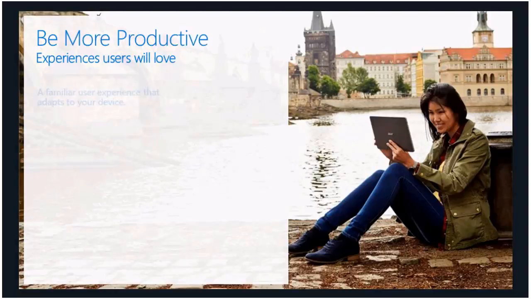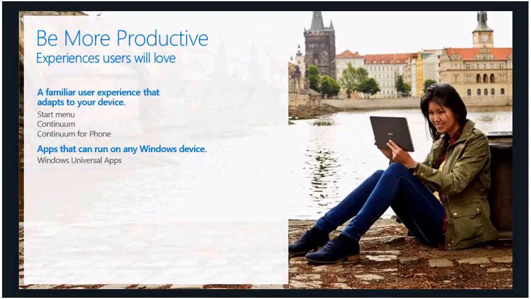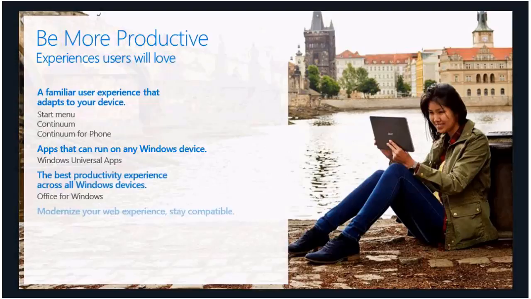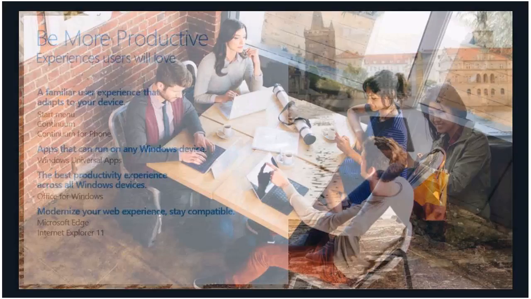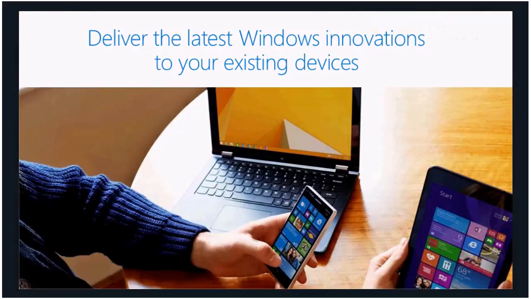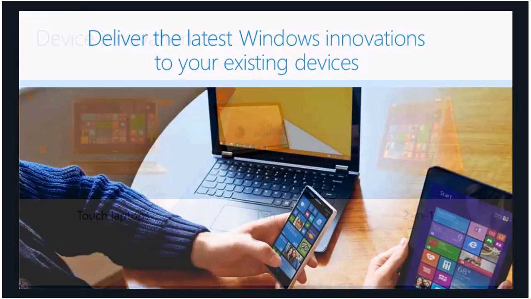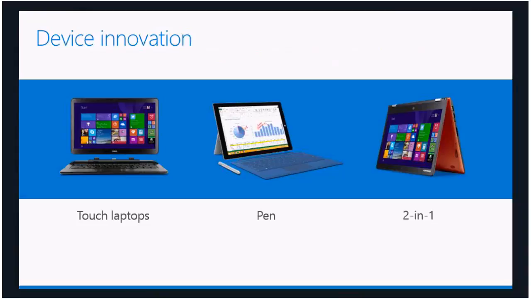So this is going to let people be more productive, giving them that unified experience that they've been looking for. Give them the desktop when they need it, and give them the tablet when they want it. So when we think about that innovation, it's allowing people to have device flexibility. I liken the iPhone a lot to the old Ford model, right? You can have any Ford in any color you want as long as it's black. You can have any iPhone you want as long as it looks like every other iPhone of that model.